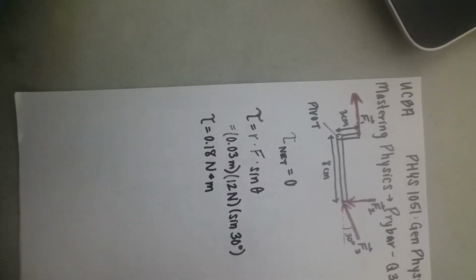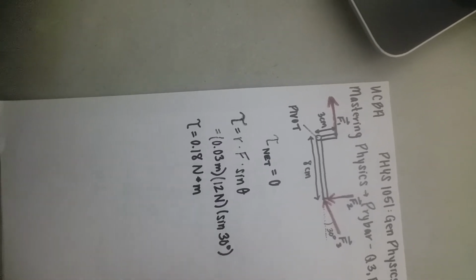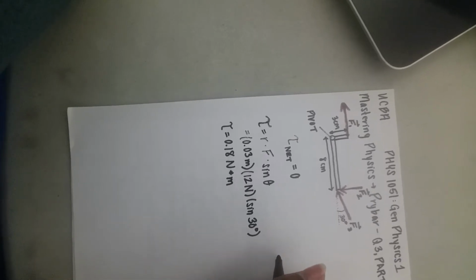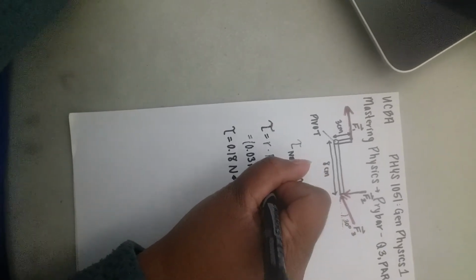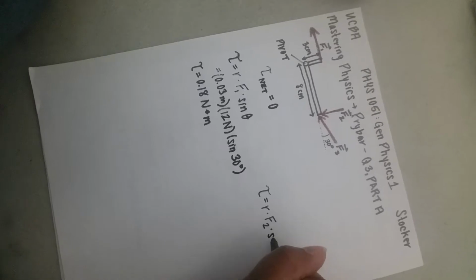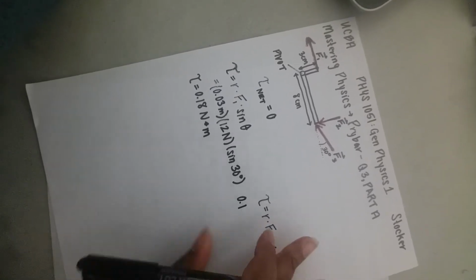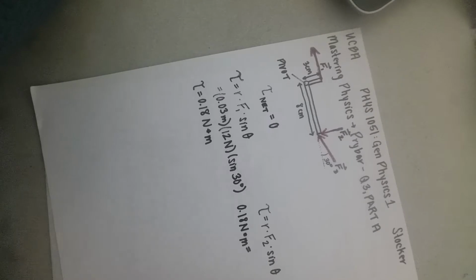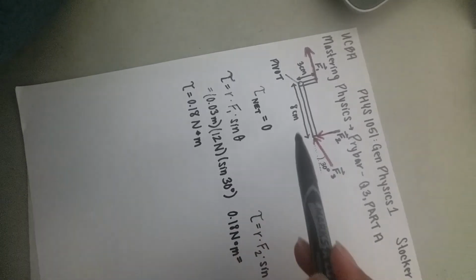And then to find F2, you plug in this torque that we found for the first force into the same formula, because it has to be the same in order for it to be in equilibrium. So, torque is equal to R, let me put a label here, that's F1 there, R times F2 times sine theta. 0.18 newtons times meters is equal to the length of F2 from the pivot,